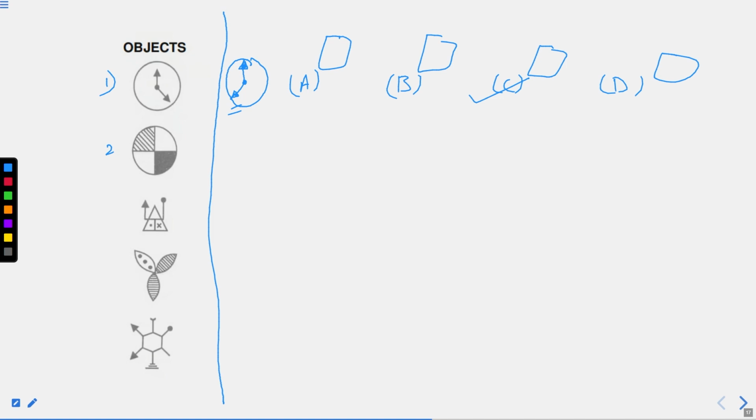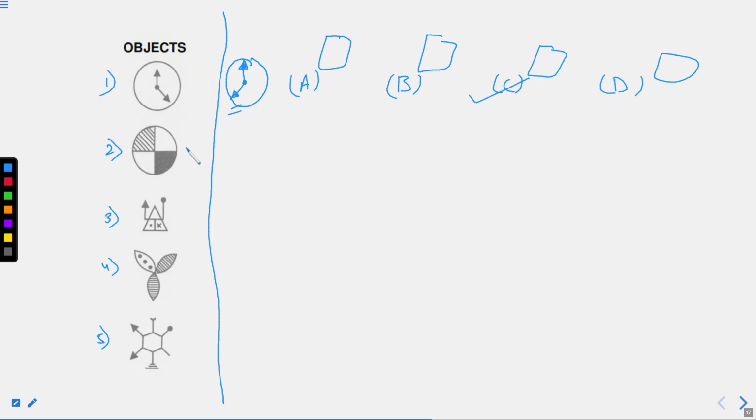Similarly, you have to follow the same method for question number 2 as well, question number 3, 4, and 5 as well. This is the best way to find the answer. If you have 4 multiple options and you want the answer, you can redraw it by yourself and check which of the following options is matching with the diagram that you have made, right? In this method you are able to find the answers.